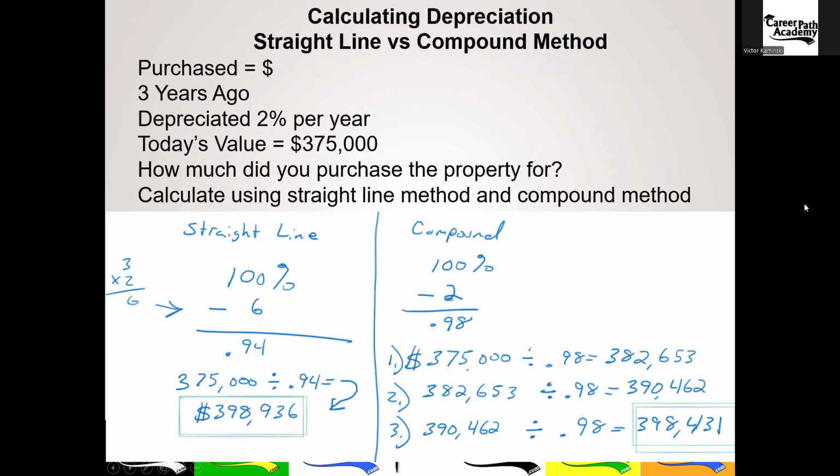Okay. So when it's appreciation, is that when you multiply? If it's appreciation, you're going to add to 100% instead of subtract from 100%. So here, we're doing it depreciated, so we're subtracting from 100%. If the problem says it appreciated, all you do is add to 100%. So then it'll be like 1 point something, or 102%, or 1.02 if it's a whole number you're putting in there.